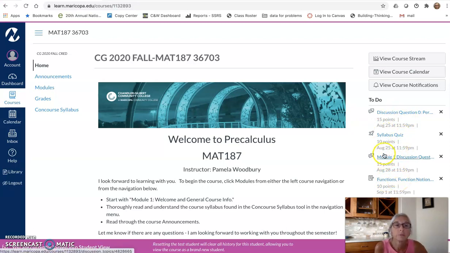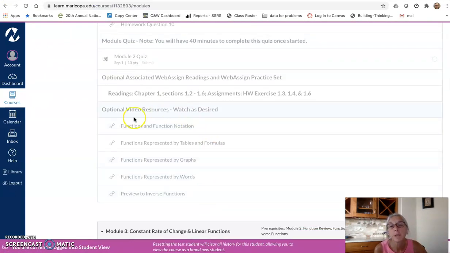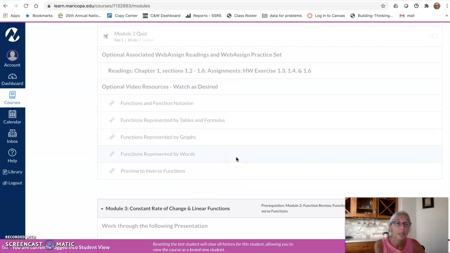That's useful, but it's not the best way to navigate the system because you'll notice all of the items in this list are items that have due dates associated with them. But when you go look in the modules, you see there is lots of information in this module, like these videos, for example, which do not have any due dates associated because they're not required.